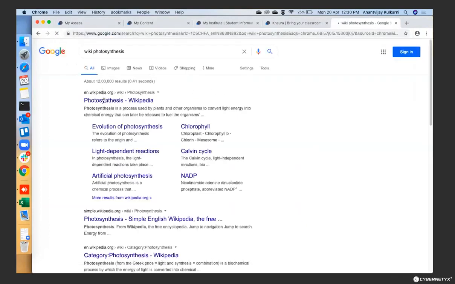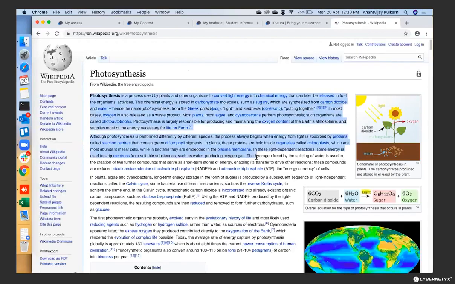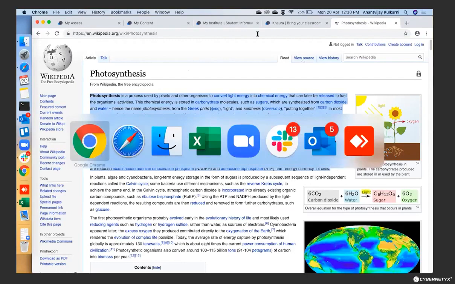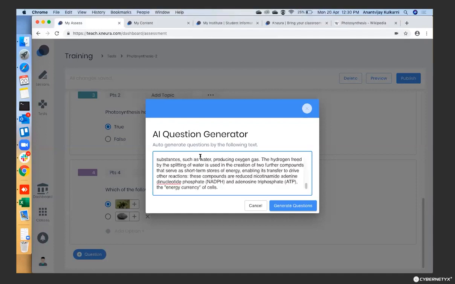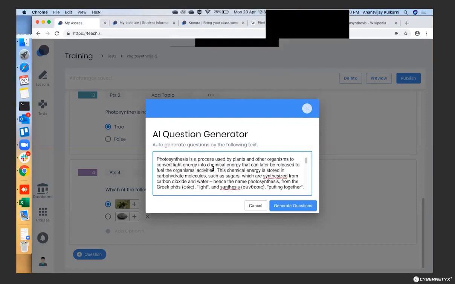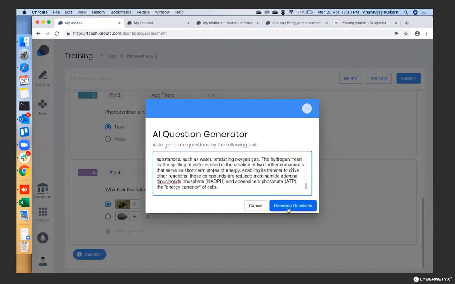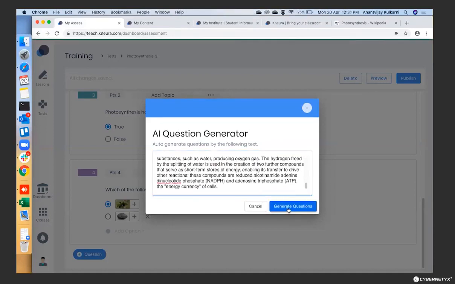Let's say I just open this Wikipedia and I say that this is the content here. All I can do is copy it here, go to my platform, and put it here. It doesn't have to come from Wiki. It could have come from our own content, but I would have to go back to the lesson and copy it. So just to show it to you quickly, I copied it from outside, and I post that entire paragraph here and ask my AI to do the question generation.